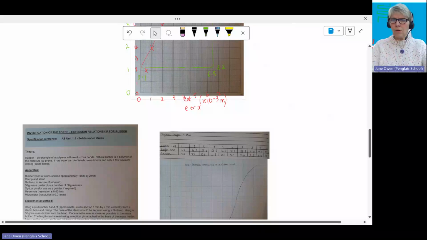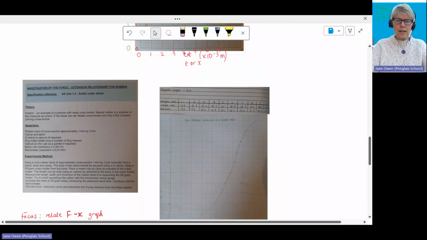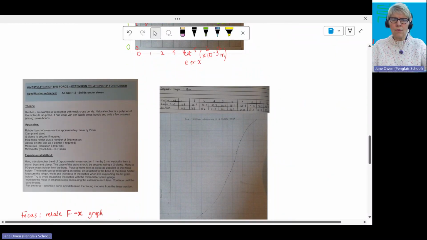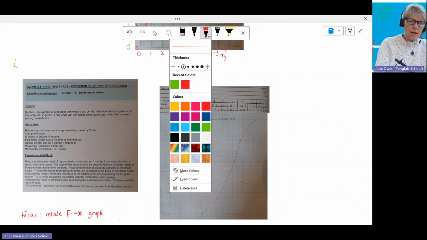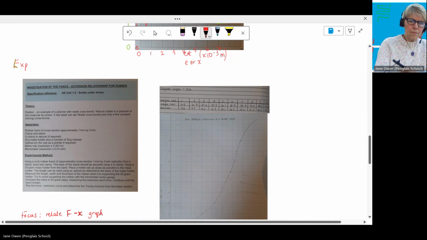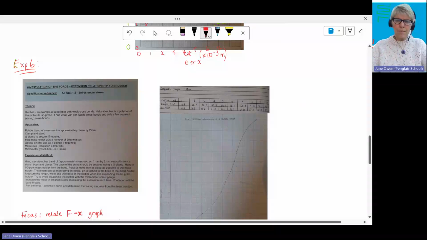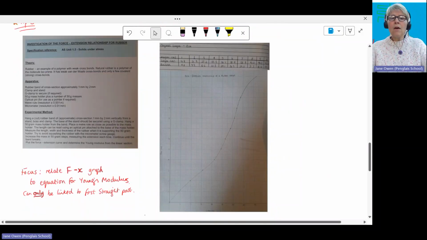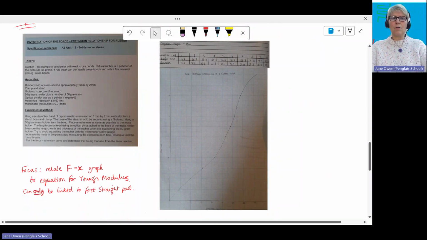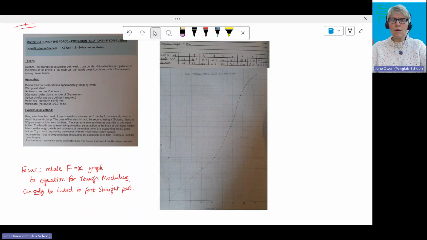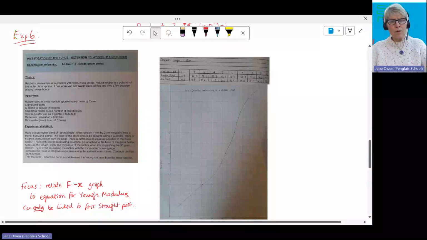Okay, let's go on to the final experiment for today, and that is the force extension relationship for a rubber. So experiment 6, let's change the color, experiment 6 in unit 1. And this is the only graph that I have come across in your unit 1 and your unit 2 experiments where you are going to get a curved trend here of some sort, because you will know